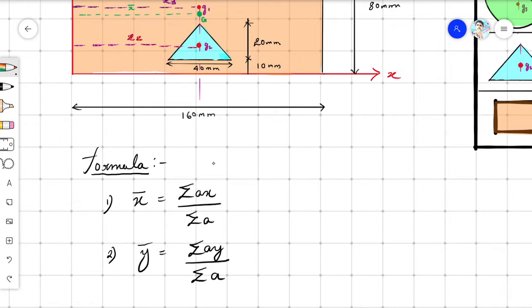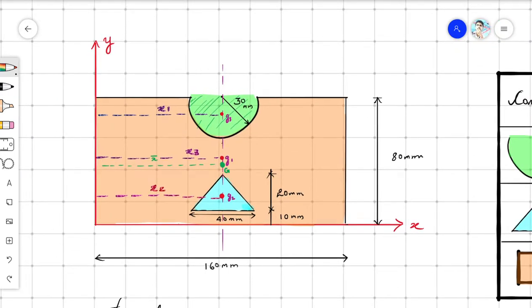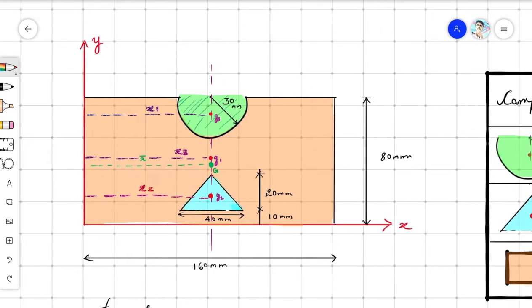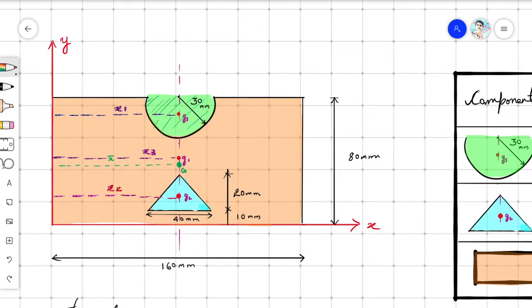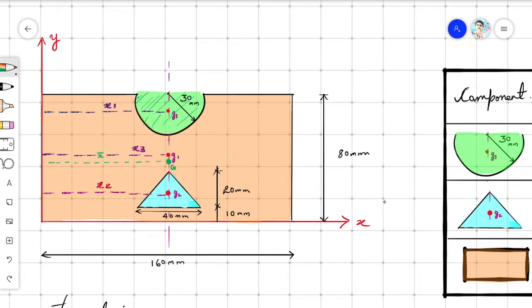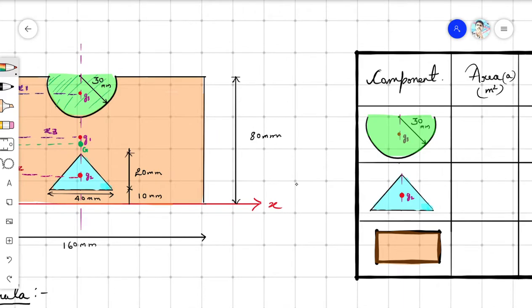The first step will always be the given data as well as the formula. So you can write the given data as the components: you have taken a rectangle, a semicircle, and one more thing, a triangle. You can write that as given data with its dimensions. That is much more helpful for an examiner to understand what you have written. An examination answer script is all about how you impress the examiner. It's nothing about your knowledge, because sometimes a numerical you never studied might come, and you know everything other than that numerical. Sometimes it happens.